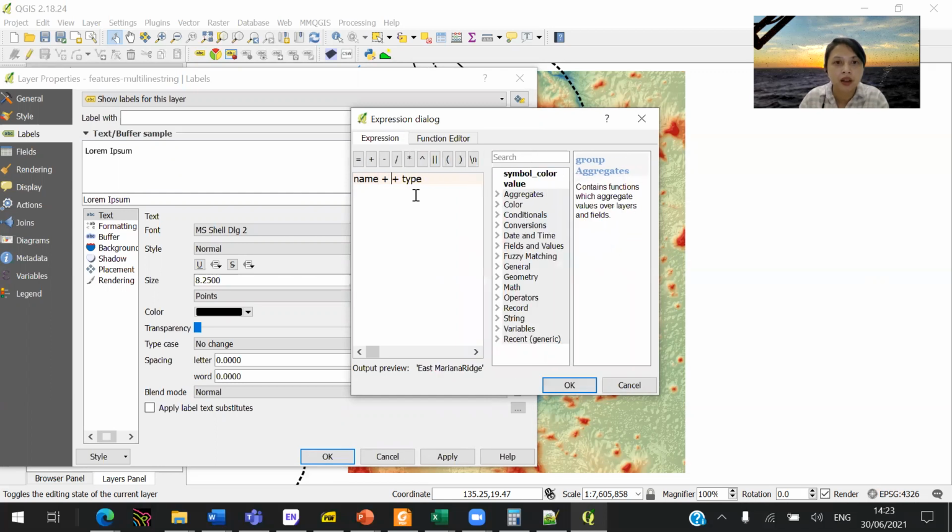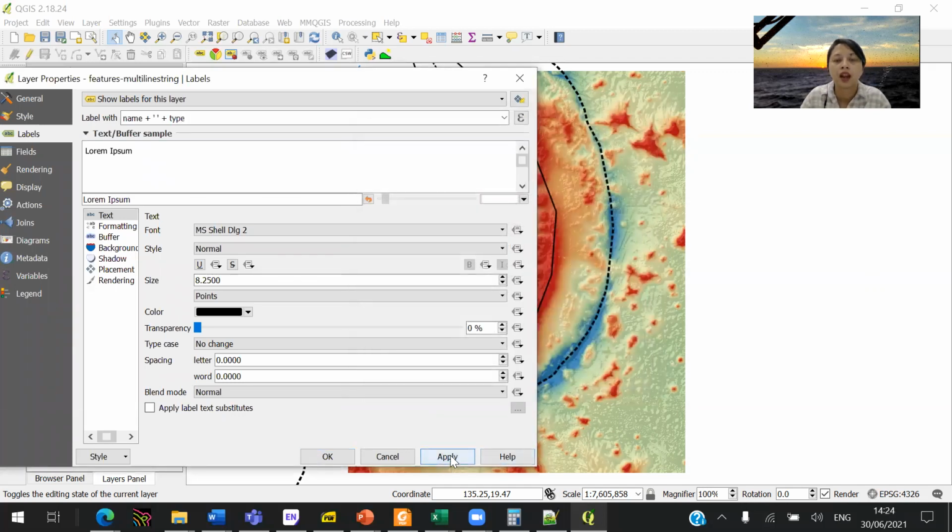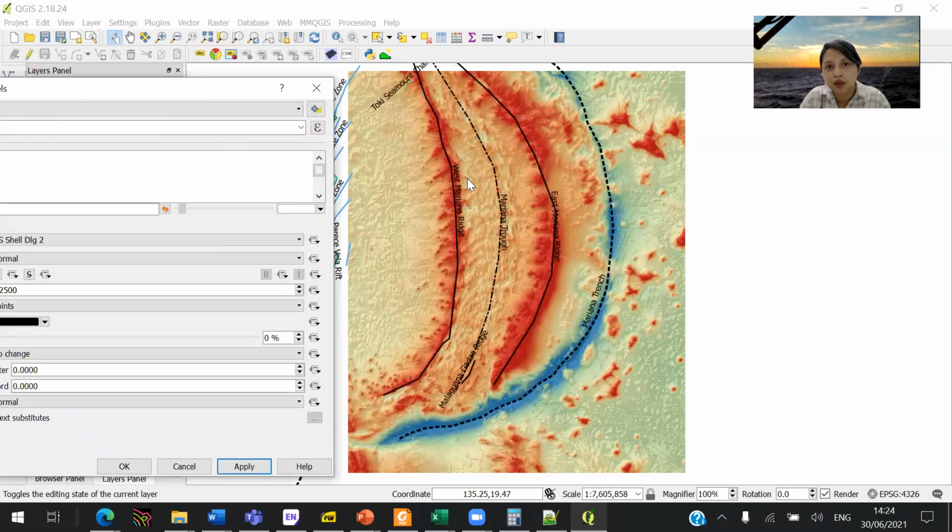Okay. So actually not that. So probably maybe this. Okay. So the way to make a space is actually one tick, not two ticks, okay? So you can see the output preview is Mariana Rich. So that's right, that's what you want. And then you click OK, and then you apply it, okay? So now you've got your trenches